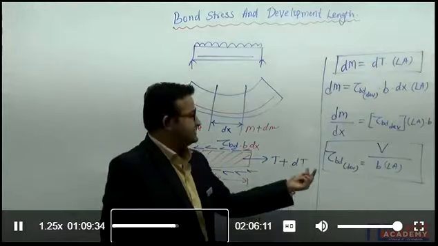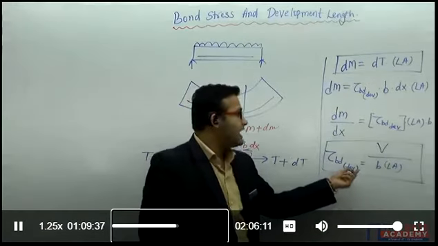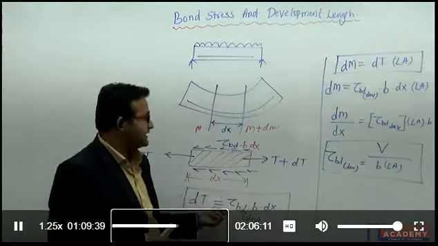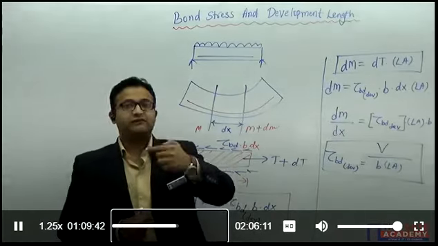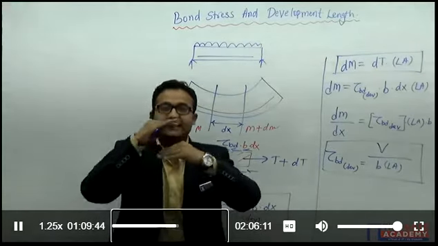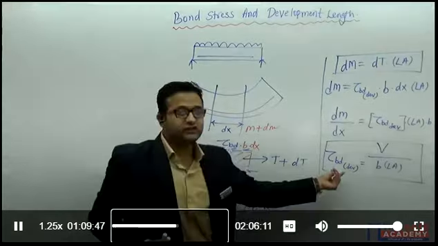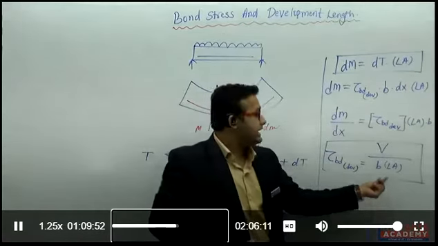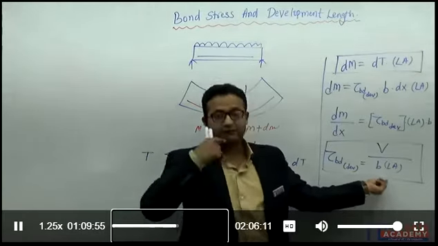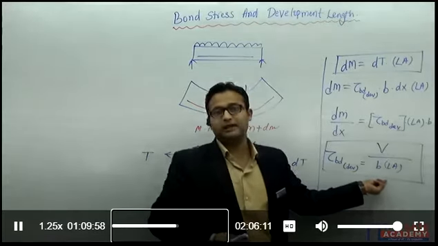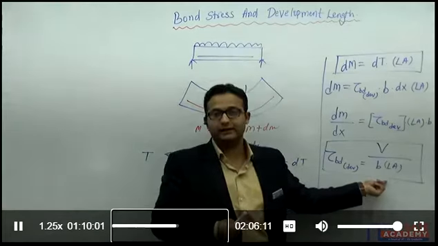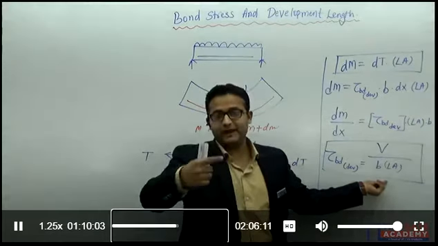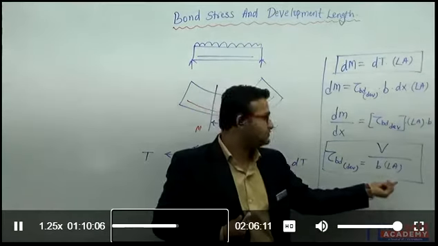But I know here the shear stresses, the bond stresses are acting. These bond stresses are acting on the periphery of the reinforcement, meaning in the concrete which is surrounding the reinforcement. So here the width of the beam cannot be taken. Here I need to consider the width of that area surrounding the reinforcement. The area of reinforcement I should consider. The perimeter of the reinforcement shall be considered in the place of B.